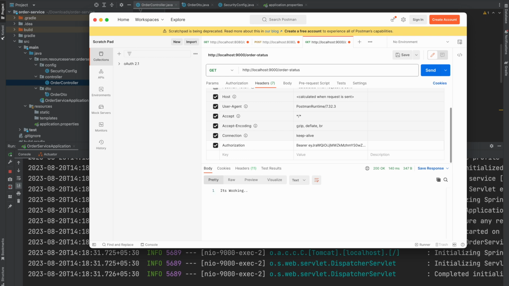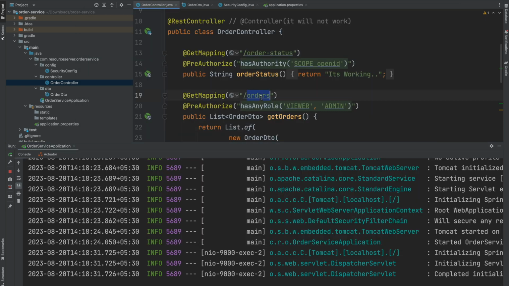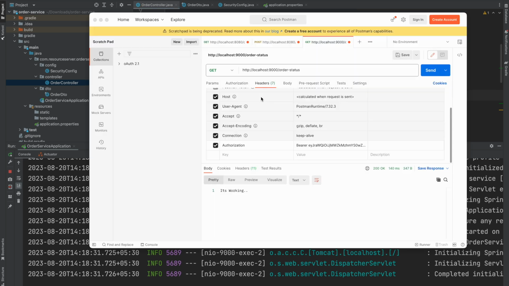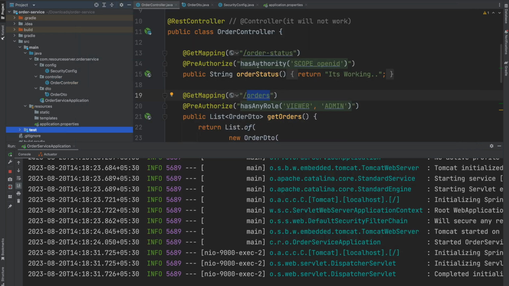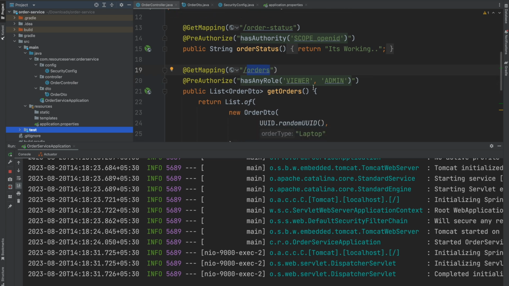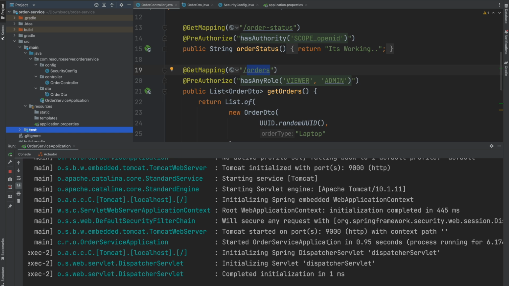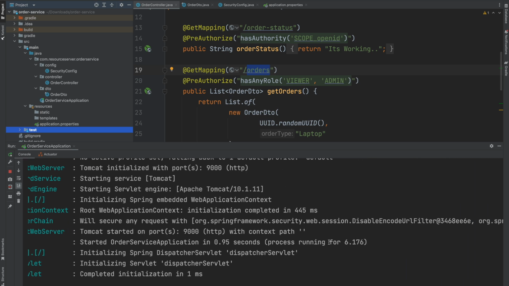So the second endpoint, if you see, this is orders, right? So let's access this endpoint also. Let's remove this orders, and now if I hit this, you see it is saying 403 forbidden. Why is it saying forbidden? Because this endpoint can be accessed by using viewers and admin. So now if we go here,